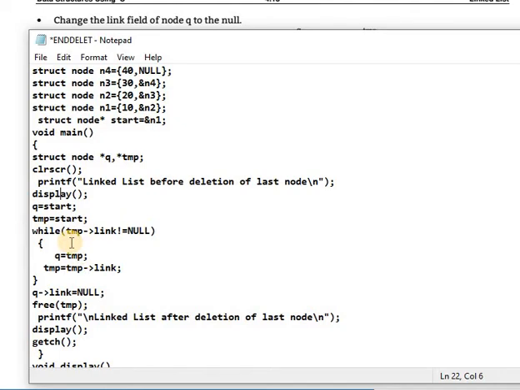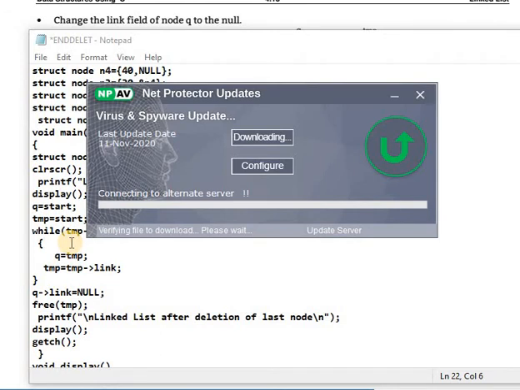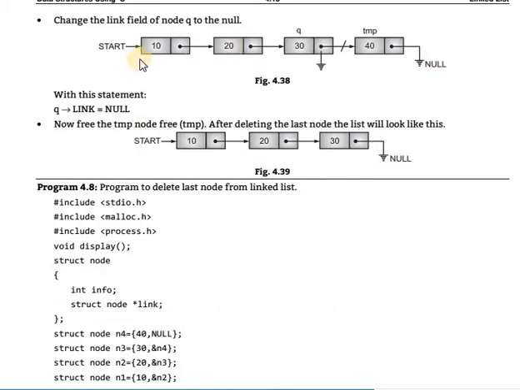First of all, start is assigned to q and temp. Temp will be incremented and q will be incremented, meaning they move to the next node, and again move to the next node.